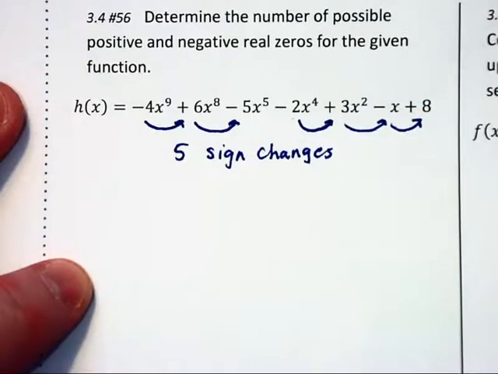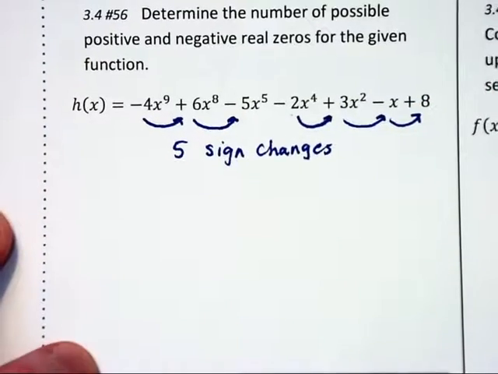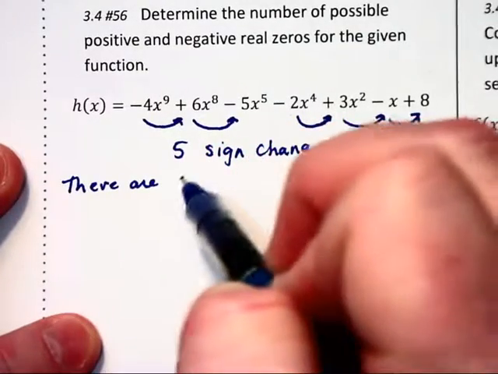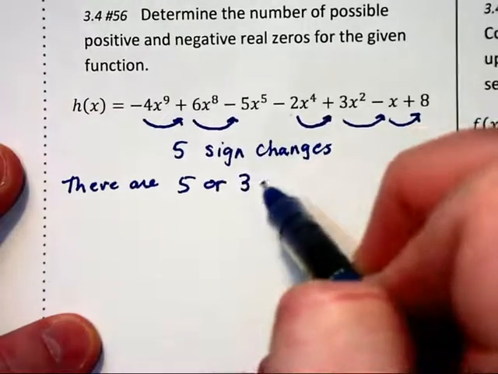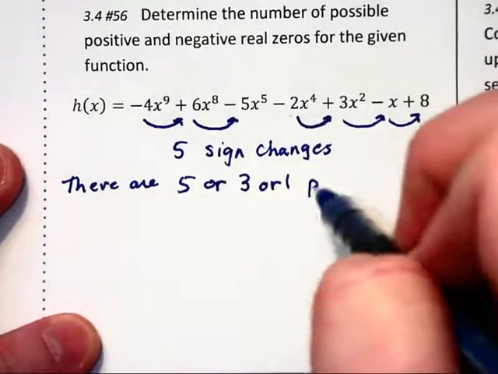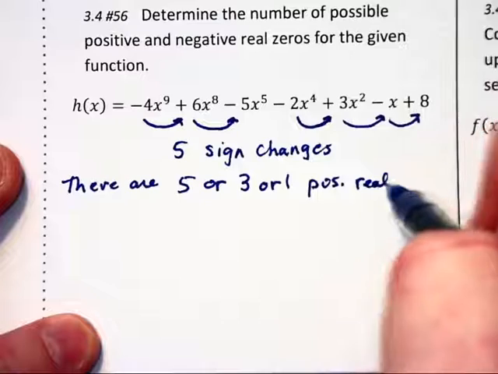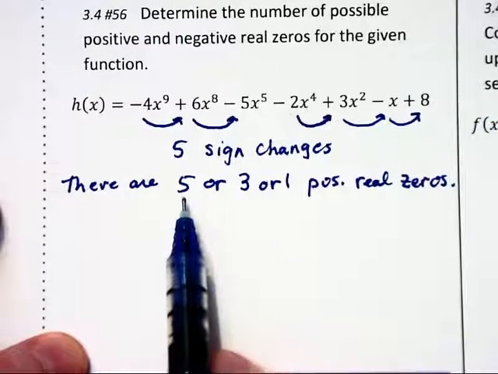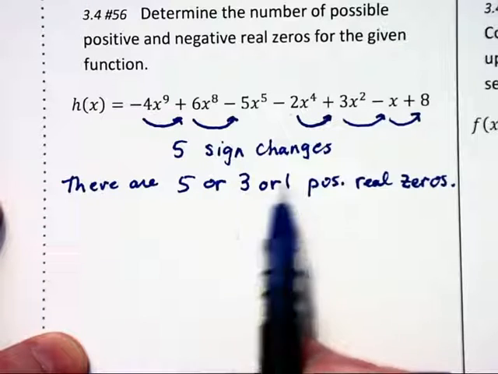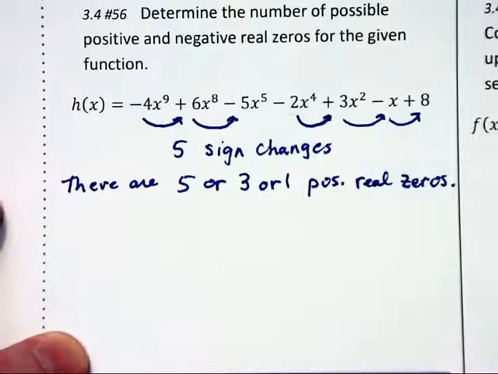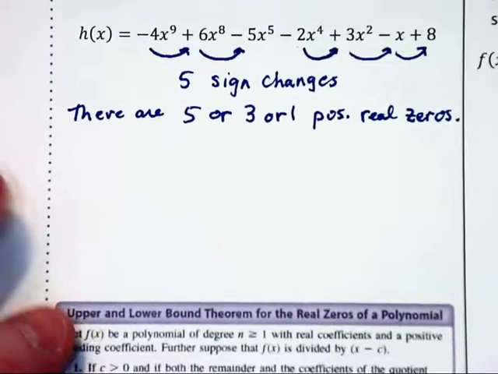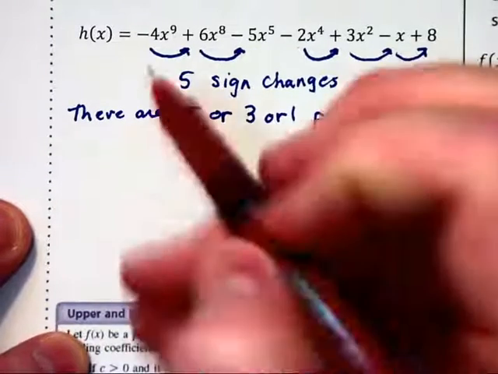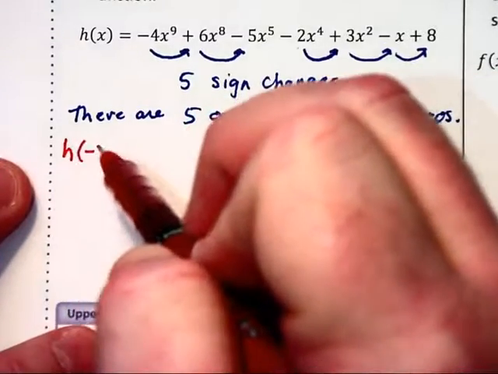Now we did this on the original function h of x, and that tells us that there are 5 or 3 or 1 positive real zeros for this function. It's the same as the number of sign changes, or less than that by subtracting 2's, or by subtracting even numbers away. Now, if we want to determine the number of negative real zeros, we find h of negative x,